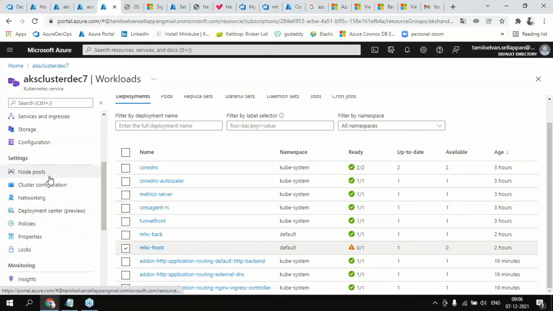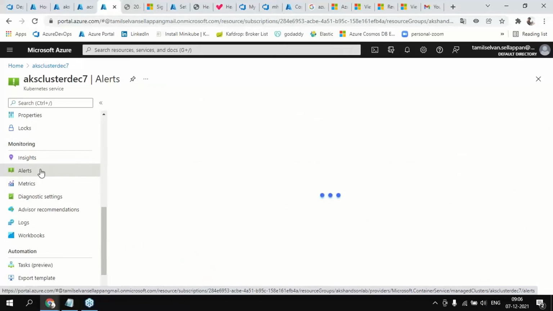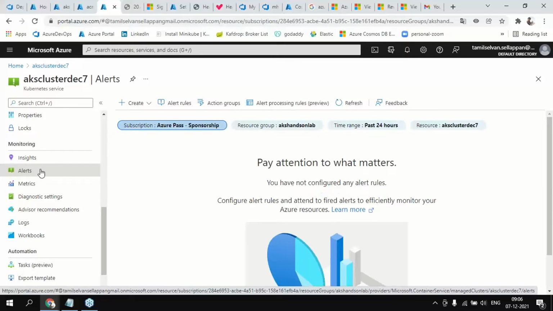Okay. And apart from that, here is the alert, the continuous feedback part. For example, we have seen how project planning happens, how we manage source control, how to build and how to deploy. The deployment platform can be any environment like App Service, AKS cluster, Tomcat or IIS, anything. But once it is deployed,